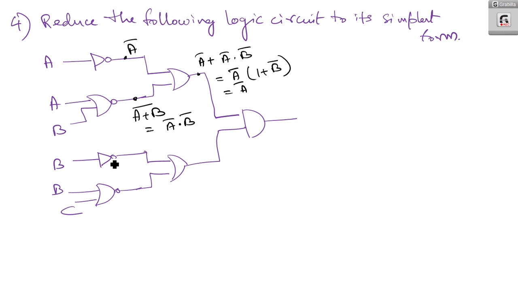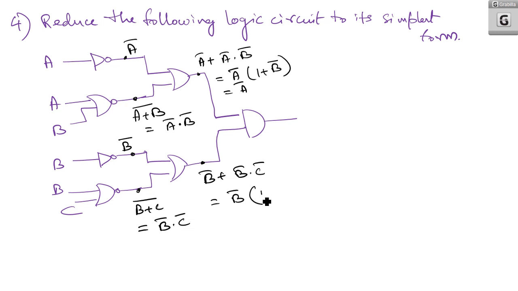Okay. So here we will get B bar. This is B or C the whole bar. So at this point we get B bar. What is B or C whole bar? According to De Morgan's law, you can write it as B or C whole bar equals B bar dot C bar. So here we get B bar or B bar dot C bar. That is B bar and (1 or C bar). 1 or C bar is 1 itself, so the answer is B bar.